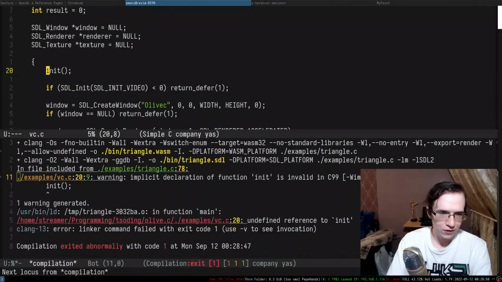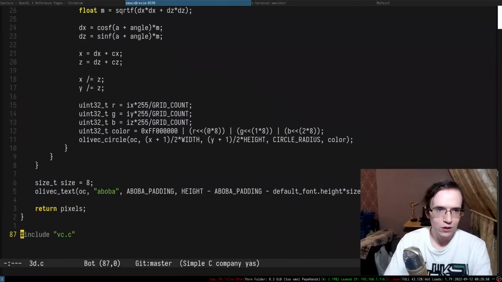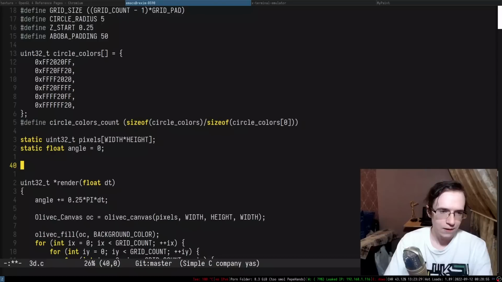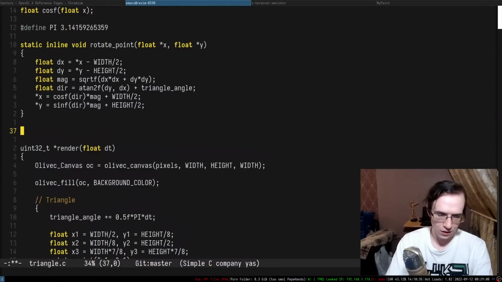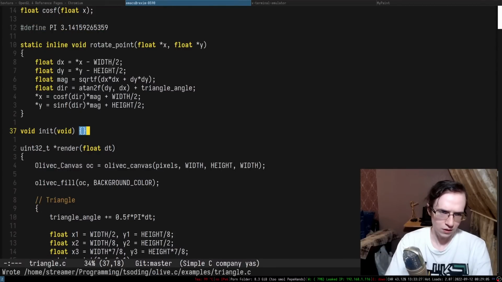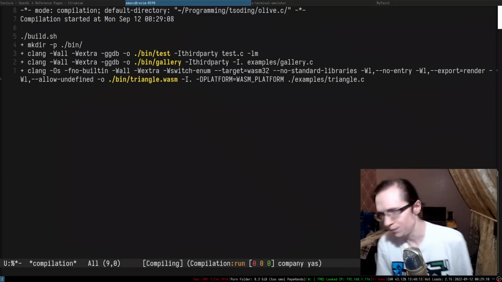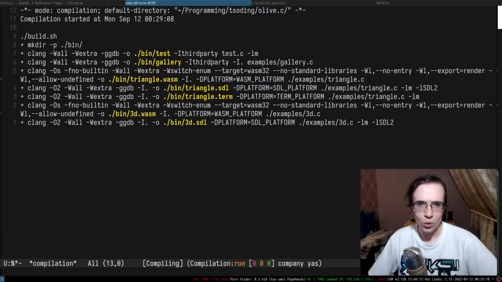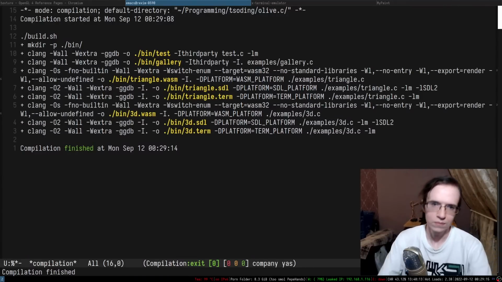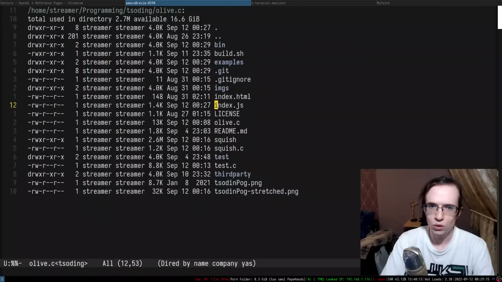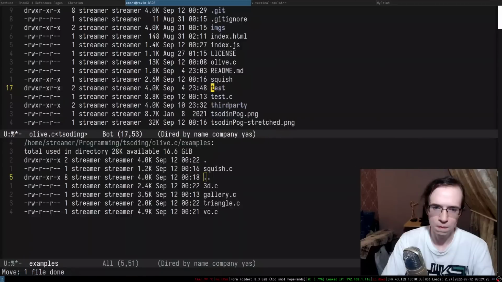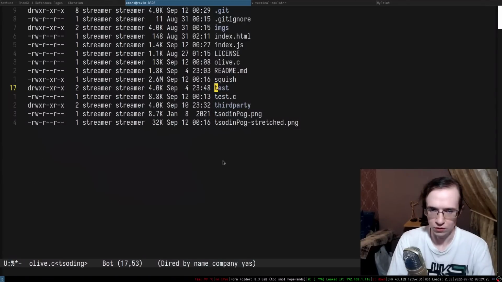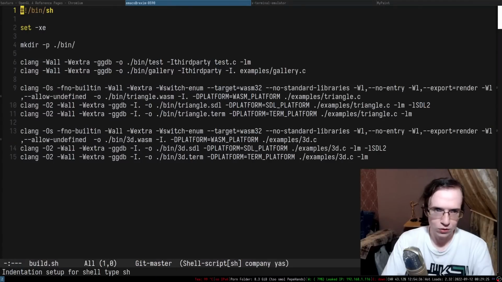Okay, so we have to have init here. That also means that we'll need to provide such functions in here as well. We're not going to do anything in them, but we're going to have them just in case. Render. Right, init void, and let me try to compile that one more time. Okay. So what I plan to do is maybe move that squish example to here, to examples. So this is the squish example. And when I do the build,